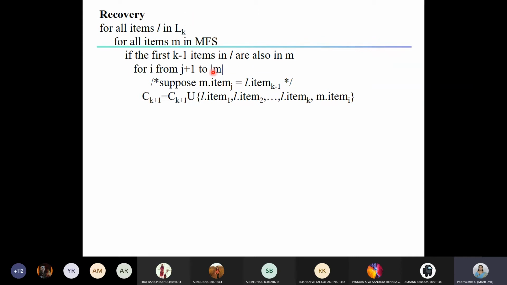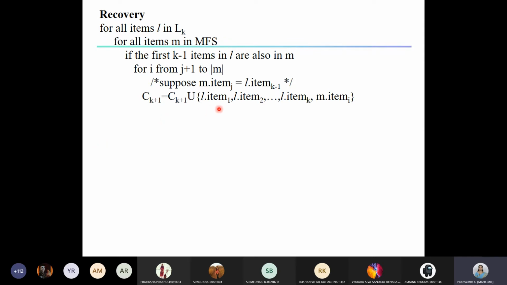If these notations and indexes are confusing to you, you can just think that we have the items in LK as well as in MFS, and we are checking whether any two items are exactly the same except the last item. If so, we combine them and get a new candidate item set.